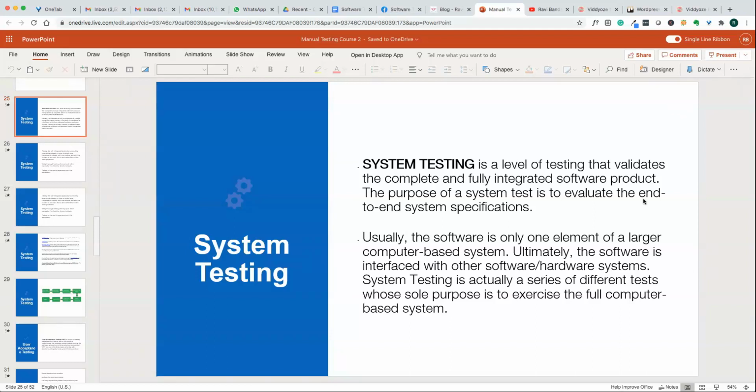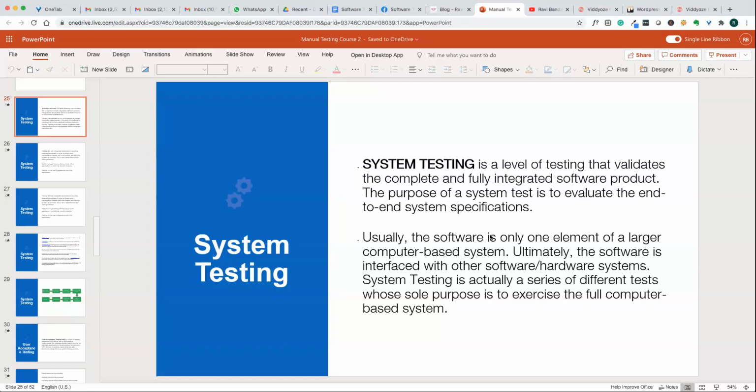So once integration testing is done, the next level is system testing. In system testing, we test the new system with the other systems it is communicating with. Integration is basically module integration inside the current system. System testing is where you test with other existing products, to see how this new software will communicate with other systems in the group.